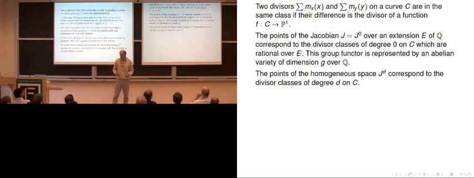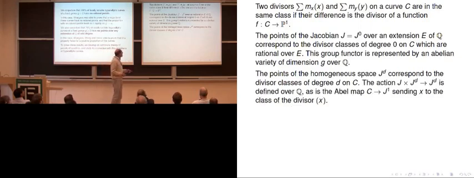of degree d. If you have a divisor class of degree d, you can add to it any divisor class of degree 0 and get another divisor class of degree d. And those are not groups, they're sets, but they're acted on by this group, so in fact they're homogeneous spaces. And it's known that they're also varieties over Q, and that the action of the Jacobian on the divisor class of degree d is a morphism defined over Q, and moreover, there's a famous map called the Abel map